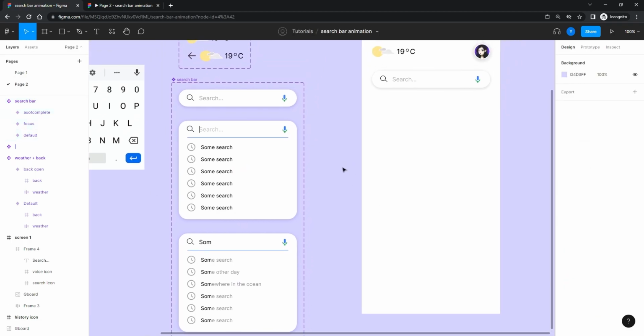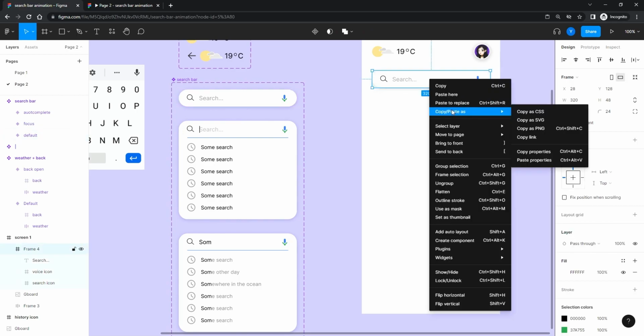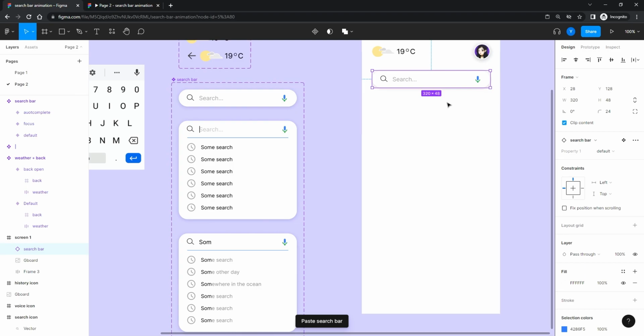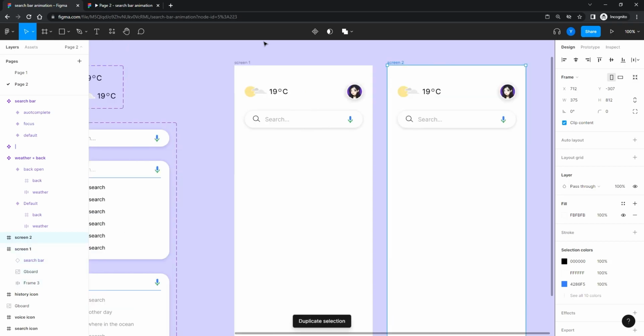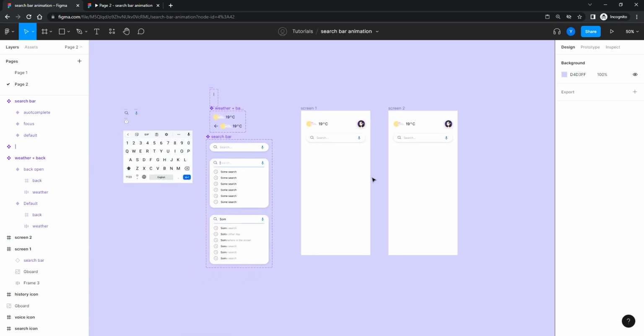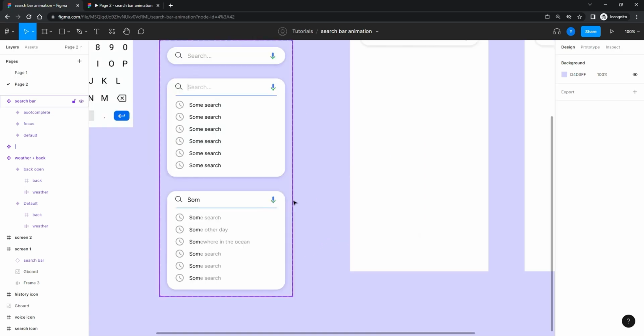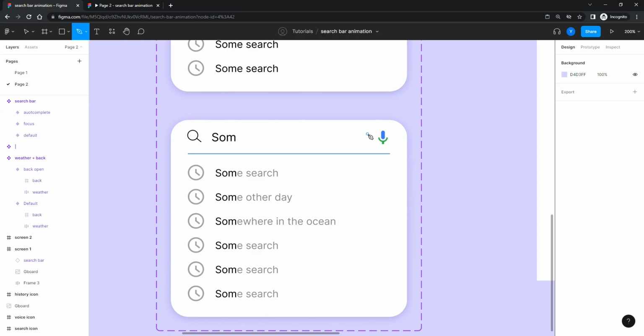Good. Okay, so now, by the way, I'm gonna copy this one and I'm gonna paste to replace this one. So now we have the component that sits here. I'm gonna duplicate this screen. Just Control D or Command D on your Mac, on your beloved Mac. And okay, and now actually, oh, sorry, I missed something out. I'm gonna do the